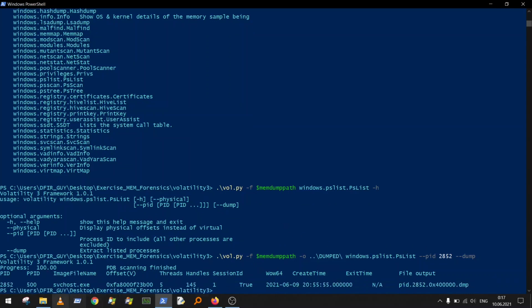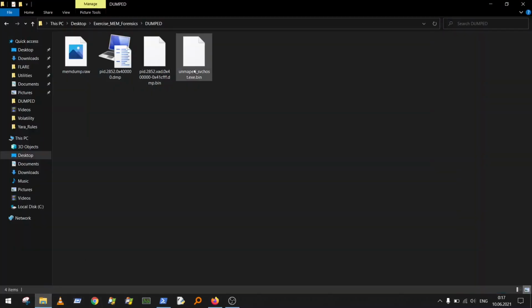You can check that we again dumped it here, but this was performed with the pslist plugin, which is also able to automatically repair and unmap this module from virtual address to raw, and automatically repair the import address table and other stuff. So if you want to check it again, we can rename it